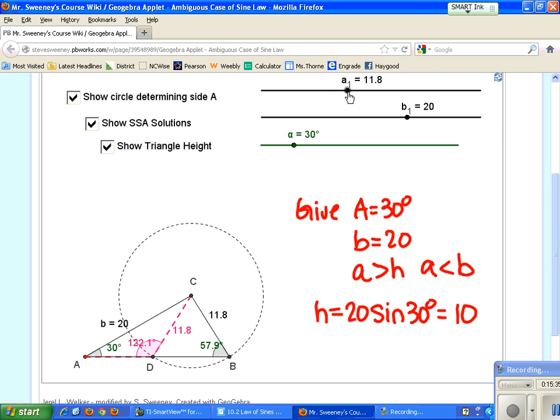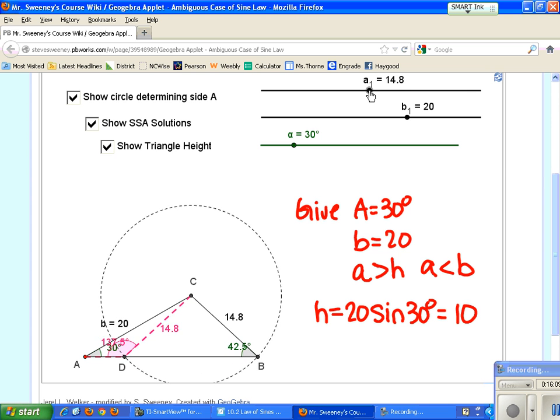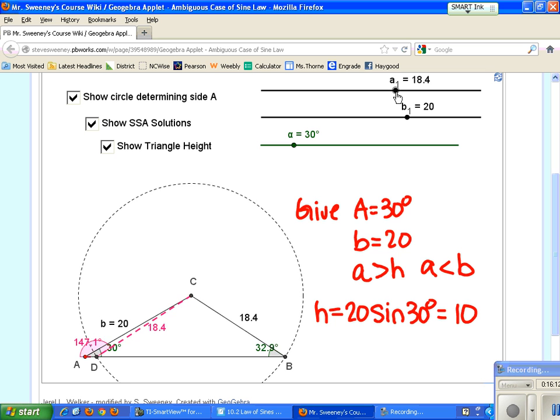So in this case, let's do a nicer value. Let's say I have an A value of 12. If I have an A value of 12 and I were to swing that around my circle, notice that it would hit right here on the third length, and it would also hit right here on the third length. Anywhere else I try to swing that length that we have for 12, it won't hit. So because of that, notice that we have two triangle solutions of where my graph is hitting. So even if I change it, if I keep going, two solutions, two solutions, two solutions, but